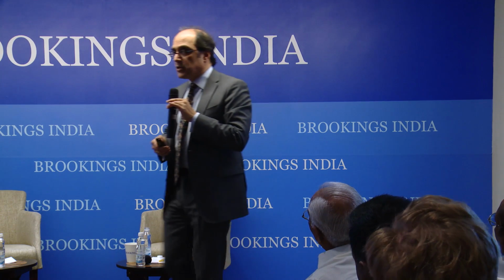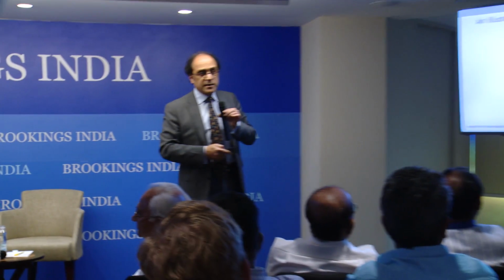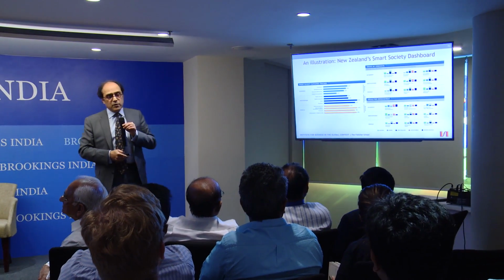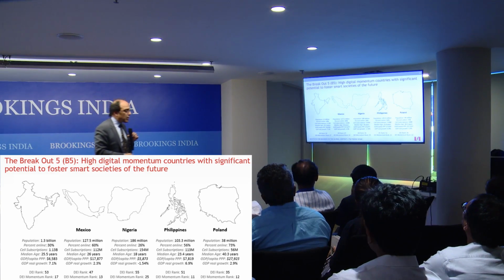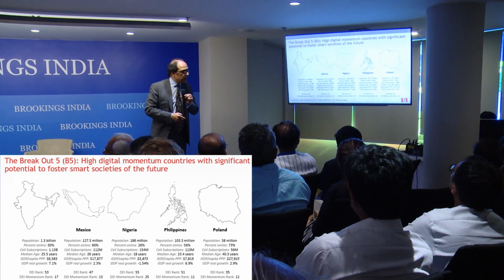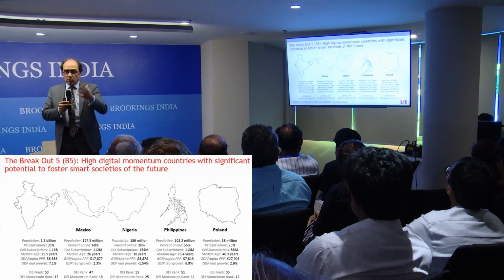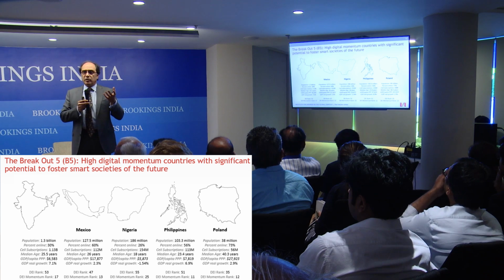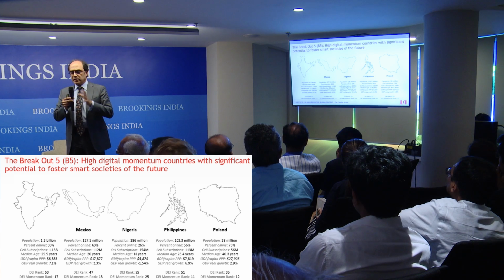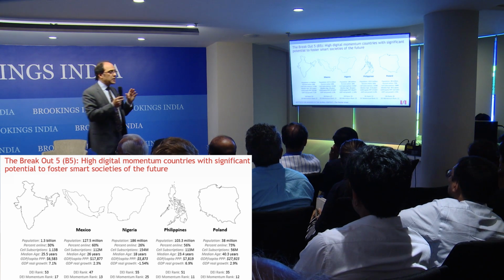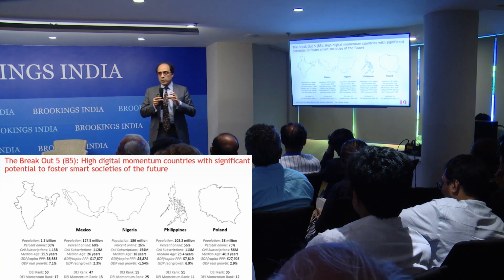What we are doing now is we're actually putting India on this map as well. So we are in the process of creating this like a dashboard for every country. So this is an example for New Zealand. That's the footprint of New Zealand. And for every major indicator, where the country ranks and what gaps it needs to close. And currently we're doing this study for India, Mexico, Nigeria, Philippines, Poland, and Ireland. So these are all countries roughly in that same neighborhood of the Digital Evolution Index. And they are the ones that I consider to be among the breakout countries, the most interesting ones to watch. They're very different in many ways, but they provide a very interesting set of comparison points.